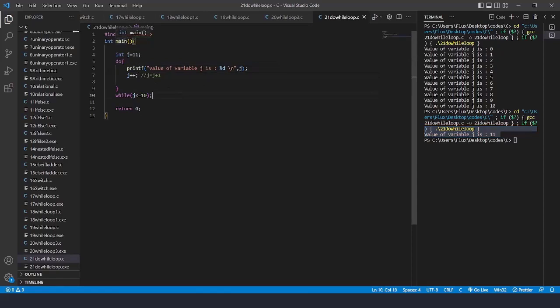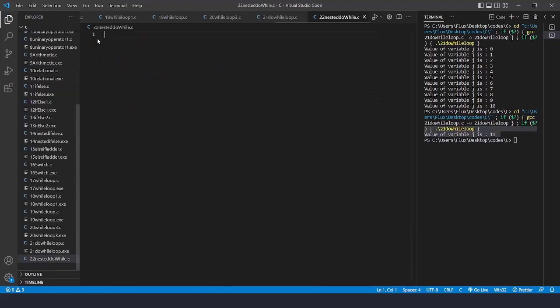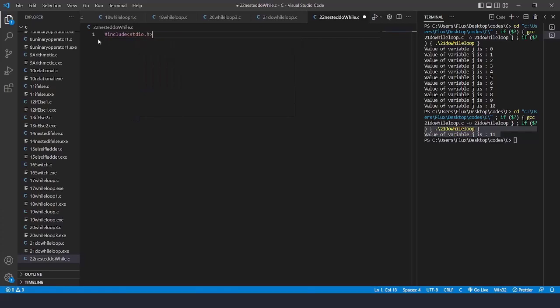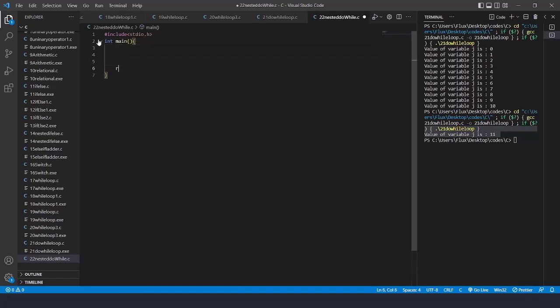Okay, now we'll see nested do while loop. So I'll create one more file, 22. Here I'll write nested do while .c. In this, again I'm going to write the header file #include stdio.h and int main. I'm writing the basic template of the C program, and at the last I'll write